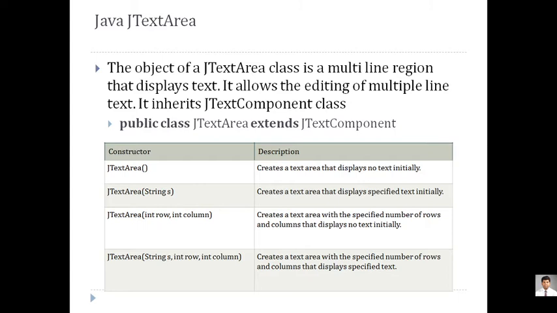Same way, we'll see how text areas are displayed. Just like a text box, a text area is where we add an address. It has multiple columns and multiple rows. So multiple rows can be added, and you can go for a description. Just like if you want to add an address, the address cannot be added into a text box because it is very limited. So for making it more descriptive, we always prefer to go for a text area.